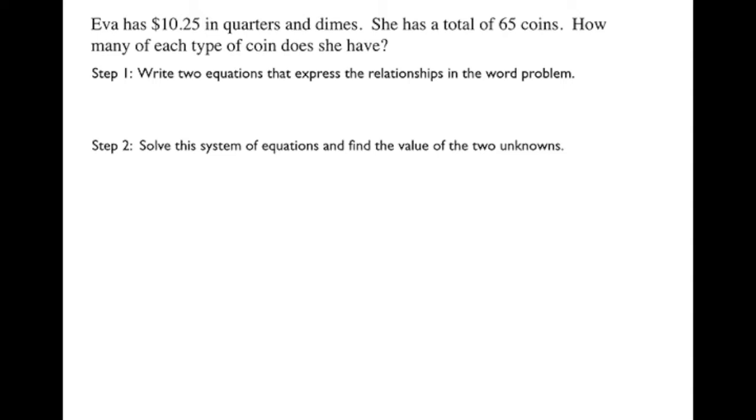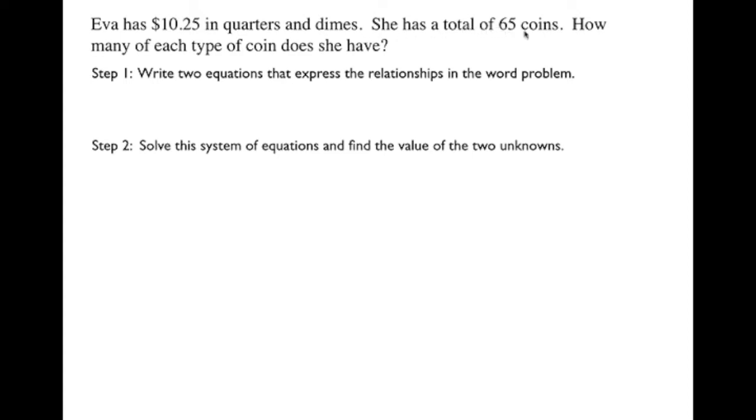The two unknowns in this problem are the number of quarters and the number of dimes, so I'm going to use the variables q and d to represent those two quantities. My first step would be to write two equations that express the relationships in the word problem. There are two basic ideas here: the amount of money Ava has, which in total is $10.25, and the total number of coins she has,